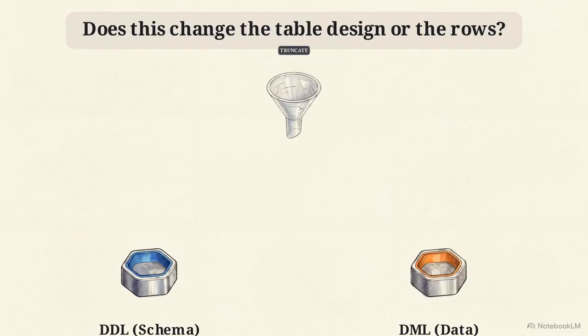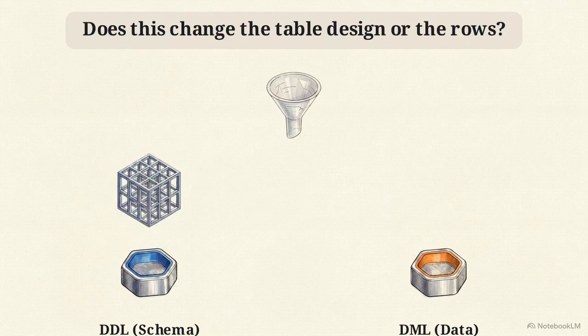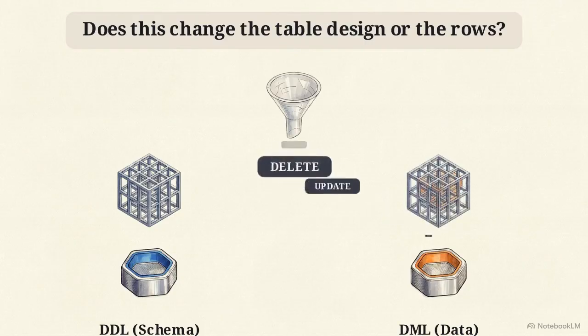This diagram illustrates the sorting process. Commands that alter the design, like alter, drop, truncate, and create, fall straight into the DDL bucket, highlighting the schema. Operational commands that target the rows, like insert, update, delete, and select, fall into the DML bucket,